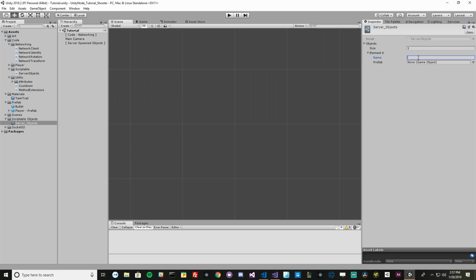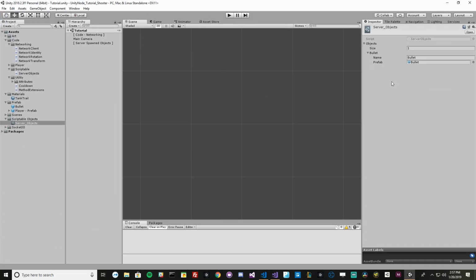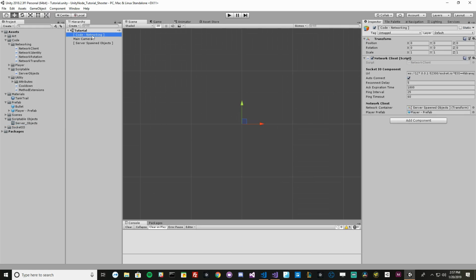We're going to go down to the first element. We're going to call it bullet with a capital B. And we're going to drag the prefab into that slot. Oops, I just dragged my screen off screen. Okay, cool. And you're going to drag the prefab into the slot, and that will save that piece of data. So now if we go to code networking,